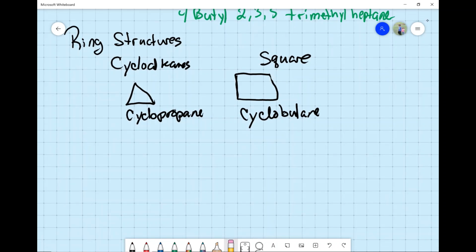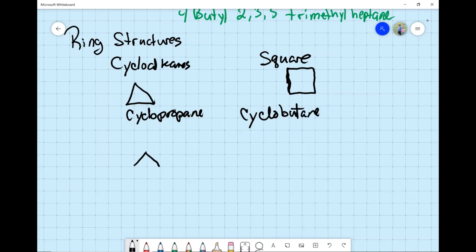We have a carbon at each inflection point of this square. And let me draw it a little better for you. In fact, I do this on grid paper so I can draw better. And then I don't use the grid, so yay. Painful to watch, I know. All right, so close to a square. So there's a carbon on each end. I have to think about how many hydrogen would be on each end, but anyway, so cyclobutane,